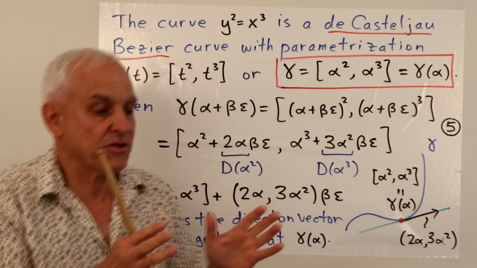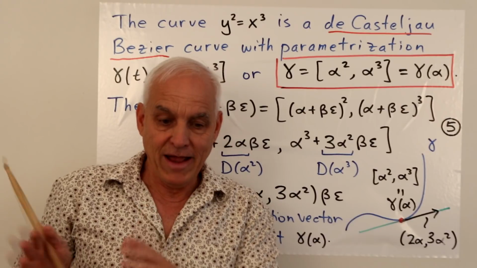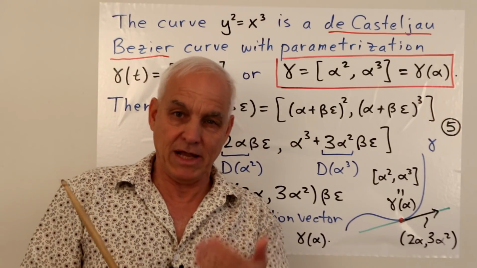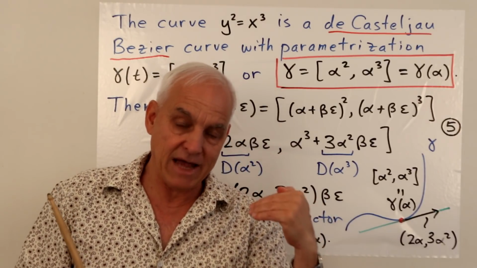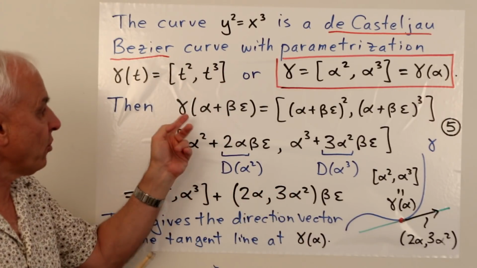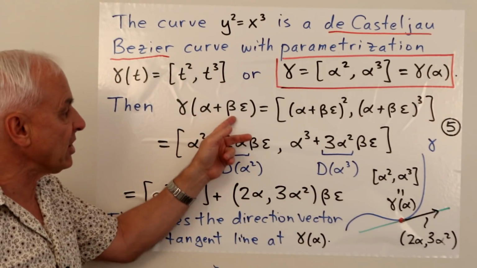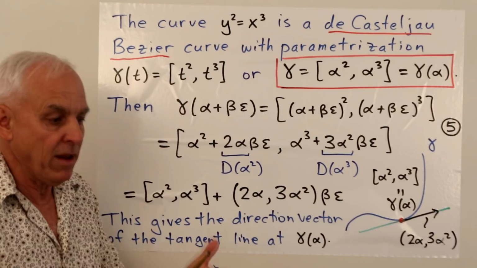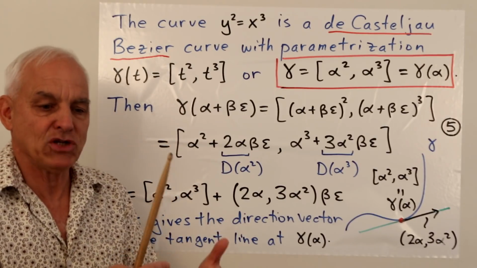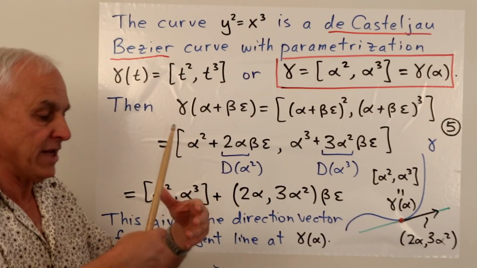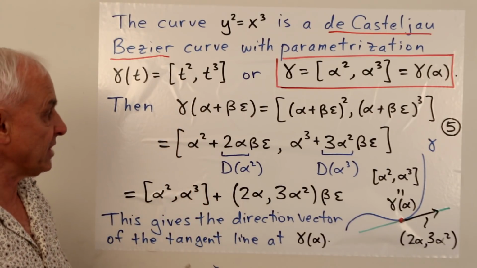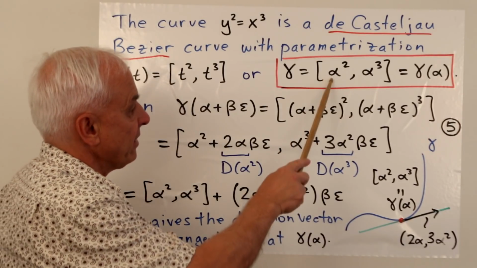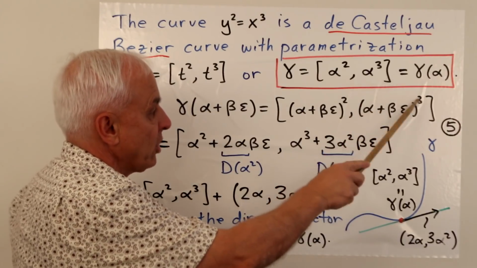How do we do that? Well, we make the shift to the dual complex numbers, and polynumbers over the dual complex numbers, like I was telling you about in our last video. So we're going to replace alpha with alpha plus beta epsilon. If we want to be formal, we're thinking about all of these things as 2 by 2 matrices. So they're polynumbers whose entries are 2 by 2 matrices, the dual complex numbers. So this is alpha plus beta epsilon squared, and this is alpha plus beta epsilon cubed.